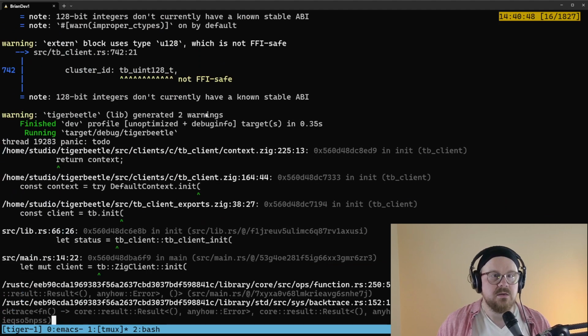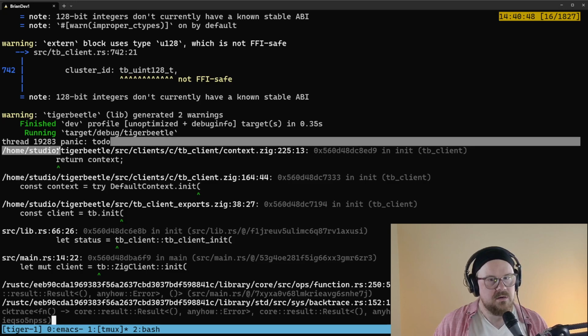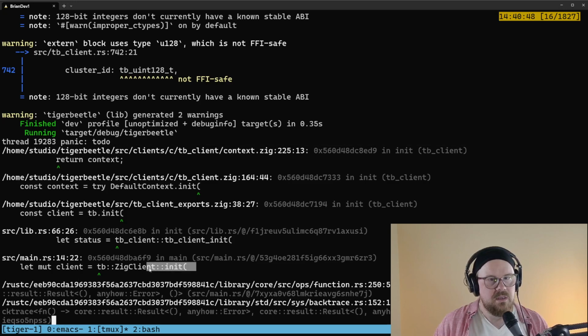And something panicked. Context.zig init. Panic, to do. Okay, this is interesting because it panicked here. So when we called init,